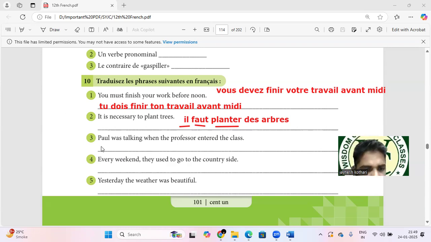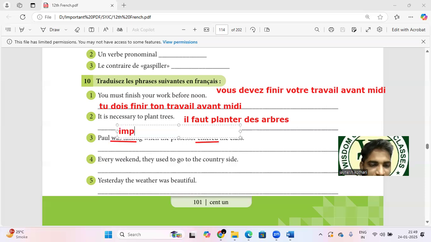Next. Paul was talking. Now, students, very important. Identify. This is imparfait. Was talking. And entered is passé composé. You always have to identify the tense. What is this was talking? It is imparfait. Okay. What is entered? It is passé composé. So let's start with